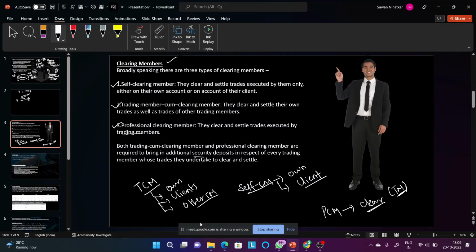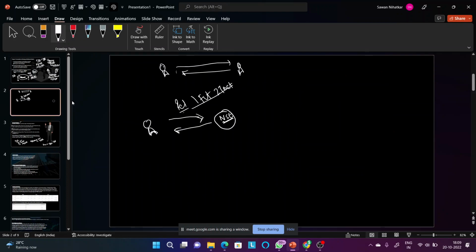What do you mean by additional security deposits? Now let's say you have a very, I could say a Herculean task of maintaining all these records. ये सारे जो trade के records हैं, as I said, there can be many trading members. वो बहुत सारे हो सकते हैं. But let's say you are a TCM, or a professional clearing member, so in that case you as a member always need to be dealing with a lot of money. So what do I mean by a lot of money?